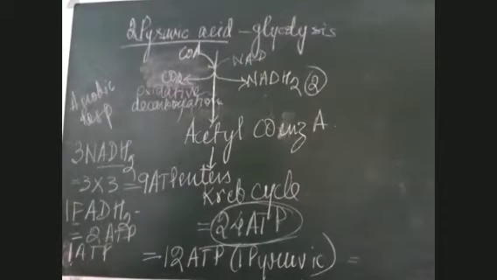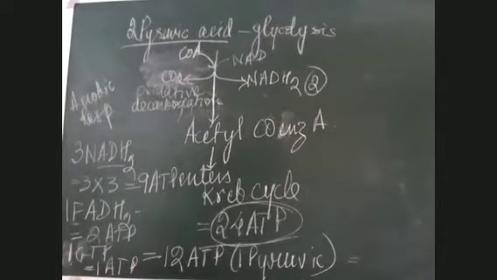I have already told you what happens in the Krebs cycle. Acetyl coenzyme A combines with oxaloacetic acid in the presence of citrate synthetase. When citric acid is formed, then isomerase is used. Isocitric acid is formed, which releases CO2. Alpha ketoglutaric acid is formed. Then again, one molecule of NADH2. Then succinyl coenzyme A gives out coenzyme A. Succinic acid is formed with one GTP. I have not written ATP here because here it was GTP, and on breakdown, one GTP gives you only one ATP.